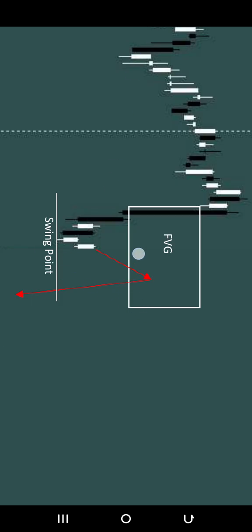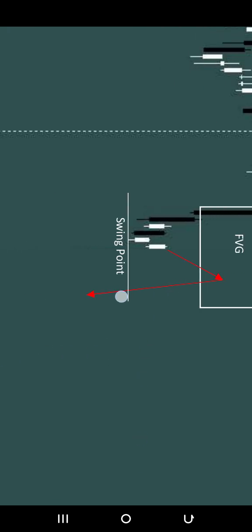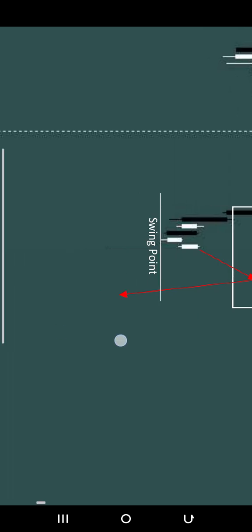So you wait for price to tap into this fair value gap. The moment price taps into this fair value gap, it will definitely reject price downwards to the downside. Then you are going to target your swing low. So your trading boundary or context will be from this fair value gap to this next swing low. So you have made your profit here. If price breaks through this swing low, then you wait for another opportunity to ride it down again to target the next swing low.